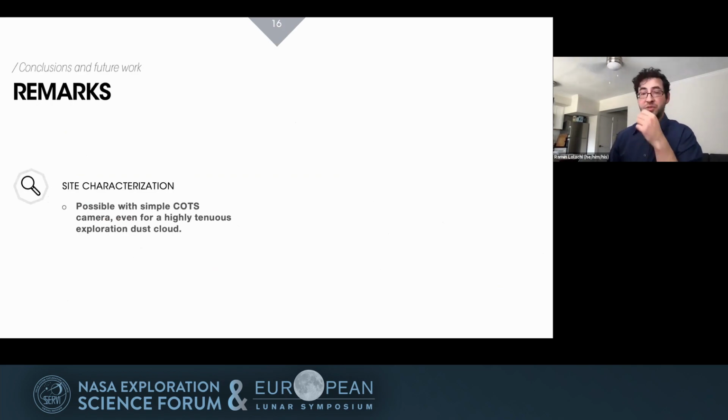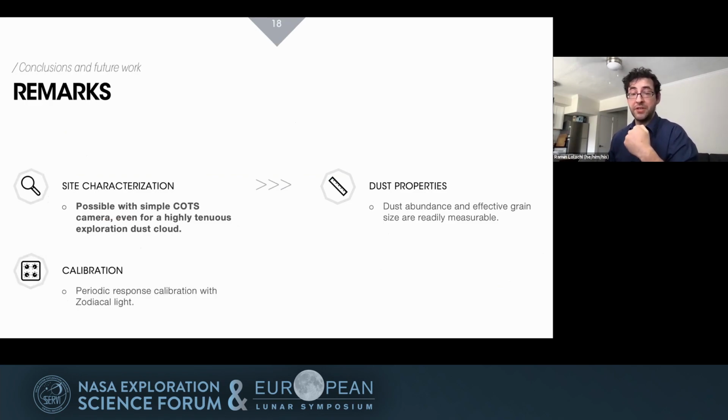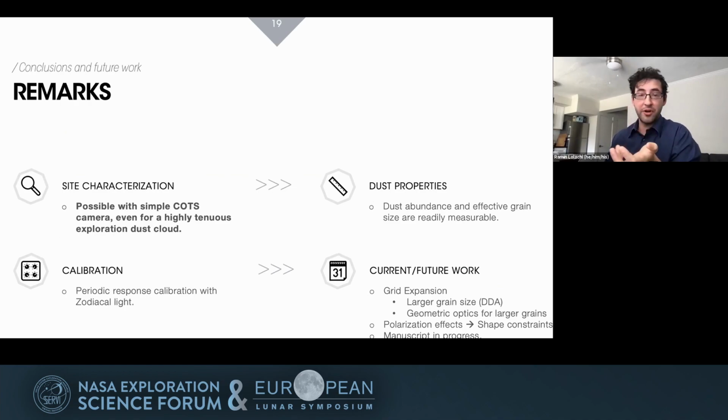So in conclusion, what we've found is that site dust characterization should be achievable using automated simple swivel off-the-shelf camera hardware, even for a highly tenuous exploration dust cloud. Dust abundance and effective grain size are readily measurable with such a camera. Calibration could be achieved using the periodic response from zodiacal light, and current and future work is based on extending